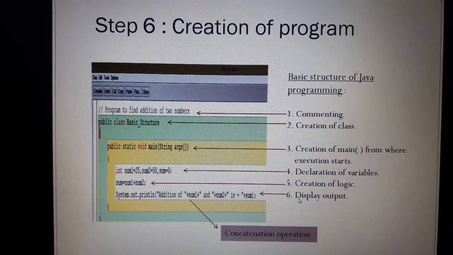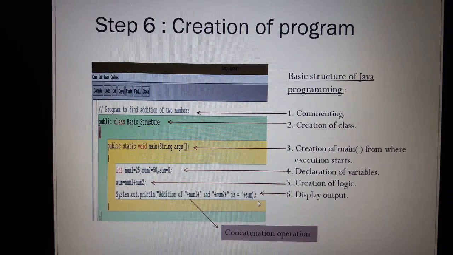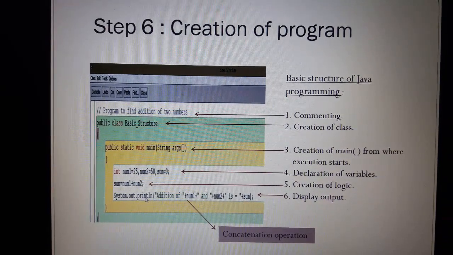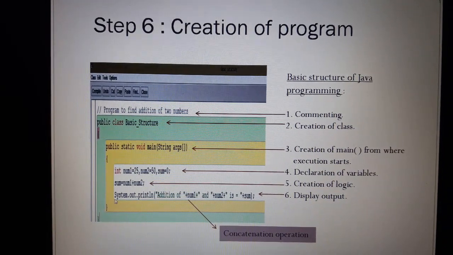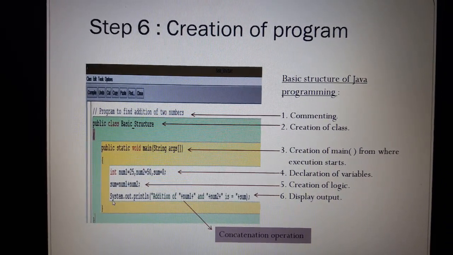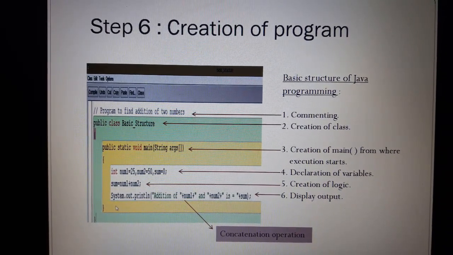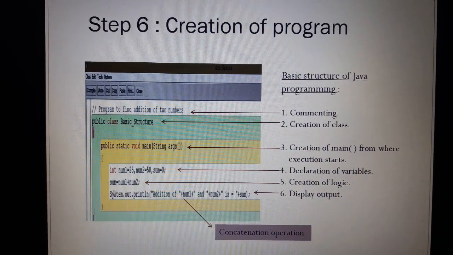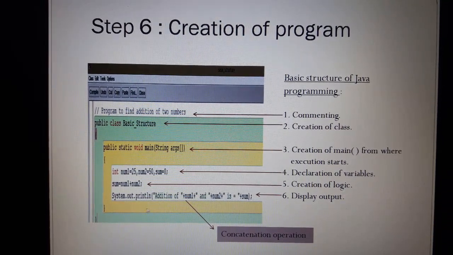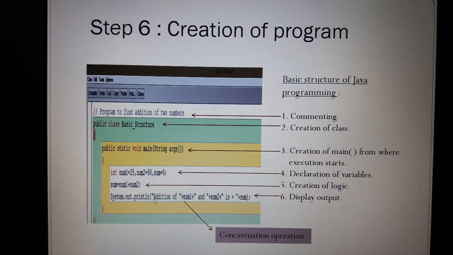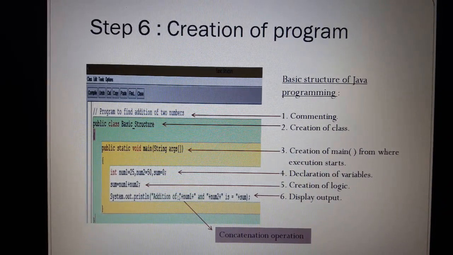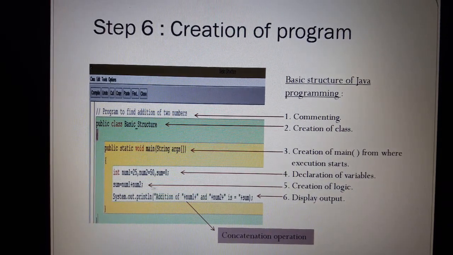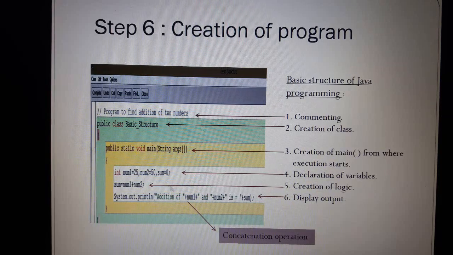And then we have to display our output. The output should be displayed in this manner. We have to use one function, that is the println function, which is present inside the System class. But for every class we have to use an object. System is a class, out is an object, and println is a function. Everything is predefined. We are supposed to use it for displaying our output. Whatever we write in double quotes, we get it in a proper way in our terminal window.